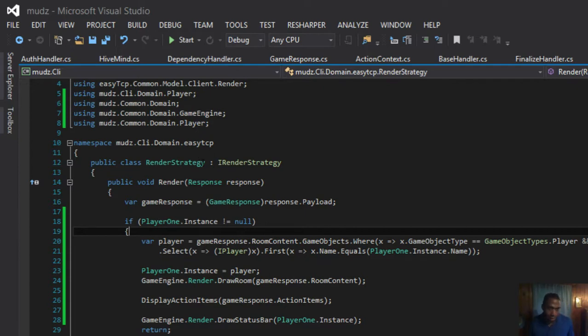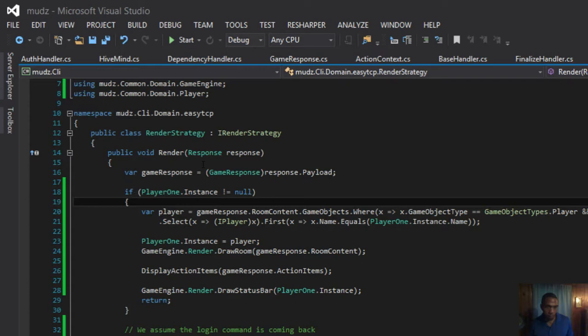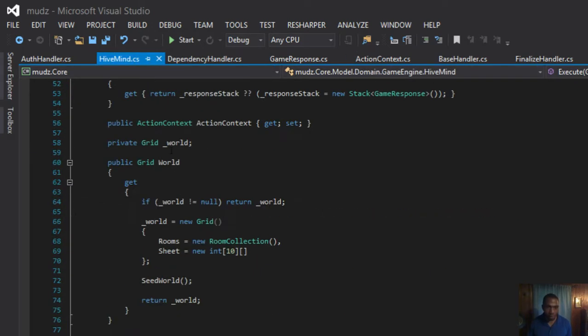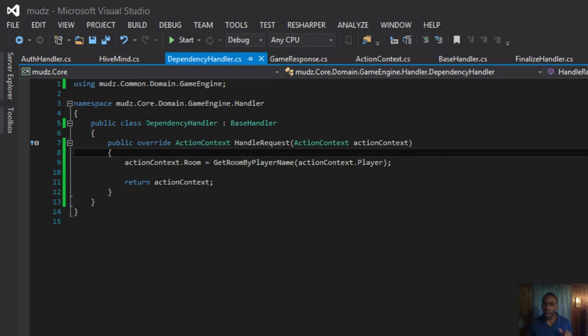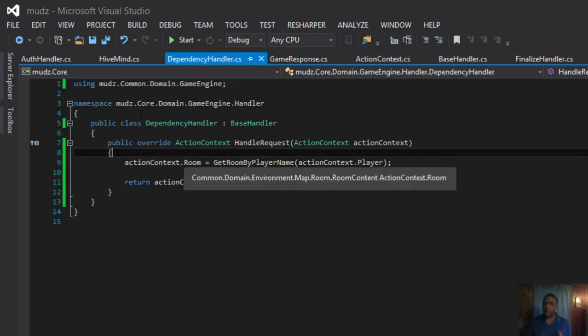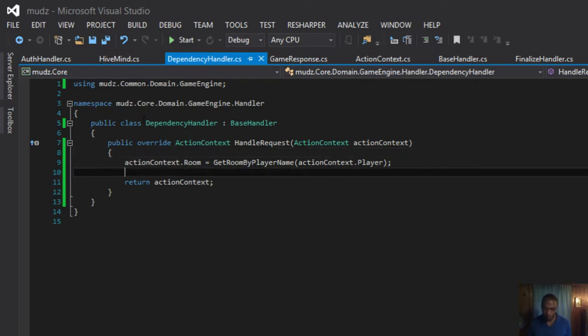So getting ready to wrap up, but we touched on quite a bit tonight as far as the refactoring, which was definitely the idea. We didn't get to the iterator, so I'm going to push it off to next week. Do some more refactoring behind the scenes, but we definitely saw the hive mind being able to take advantage and extend the chain of responsibility just dynamically, and it became immediately helpful because we now have a new place to keep a lot of this logic as far as resolving dependencies and making sure that the other steps in the chain of responsibility have what they need.